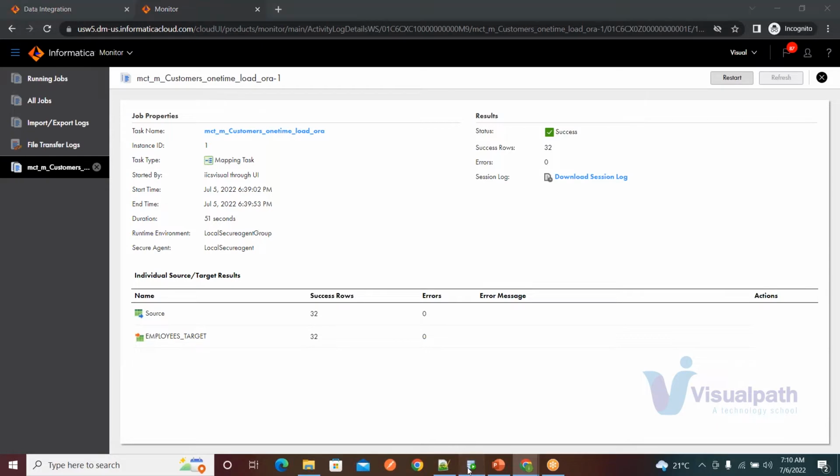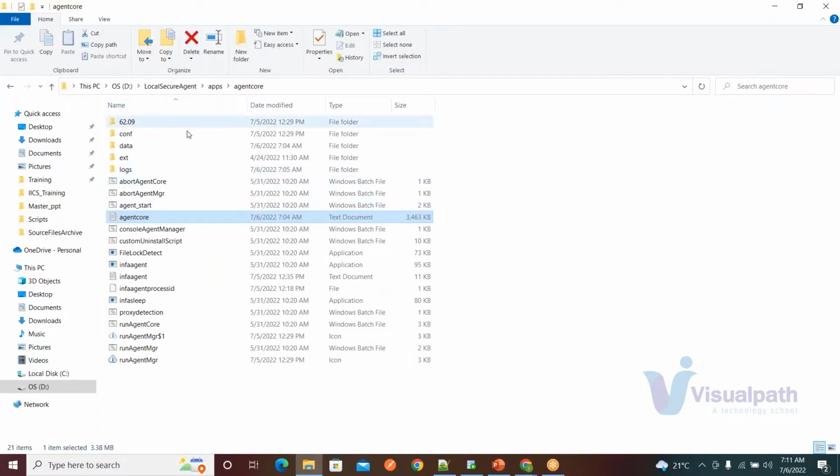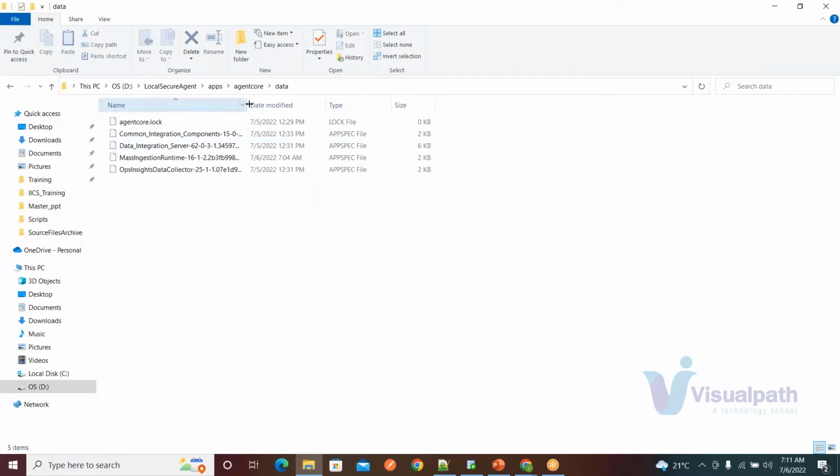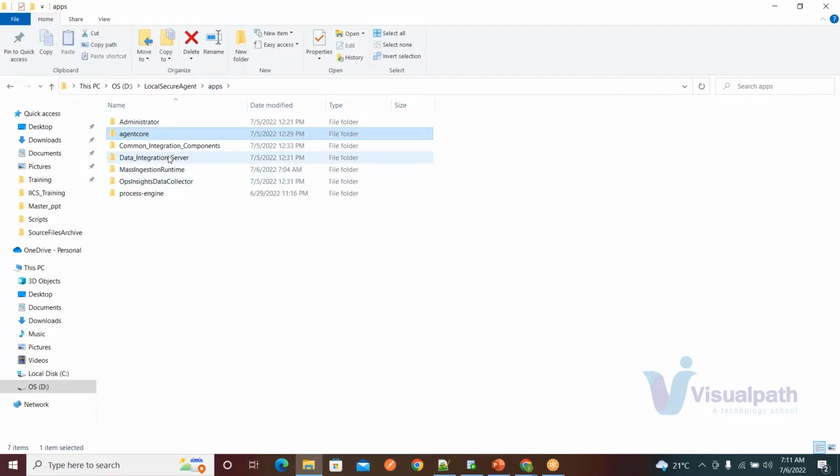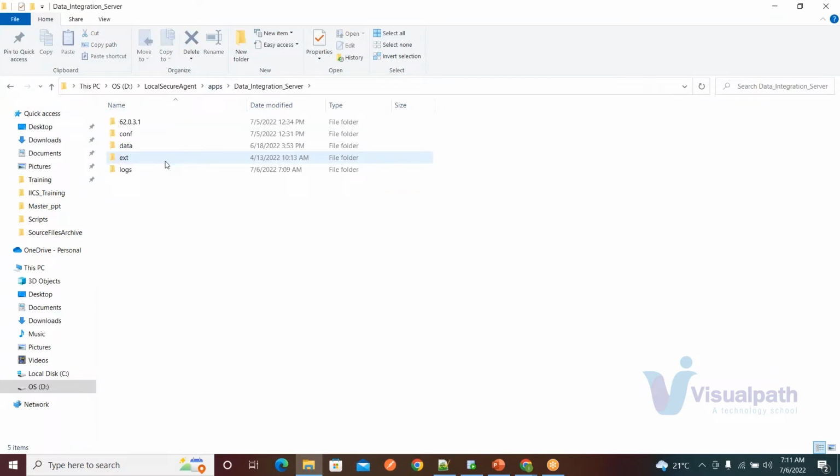In PowerCenter we have a session folder, and in real time we maintain the folder, so you can check it from the back side. Here, in the my jobs screen we may not see older, prior days' files. So in this case, do we have any folder where those logs are tracked or saved? Yeah, in the Data Integration Server, in the local secure agent directory under apps and Data Integration Server,